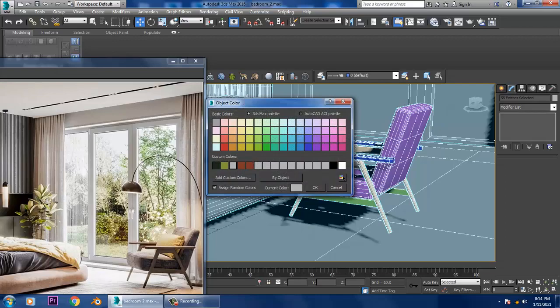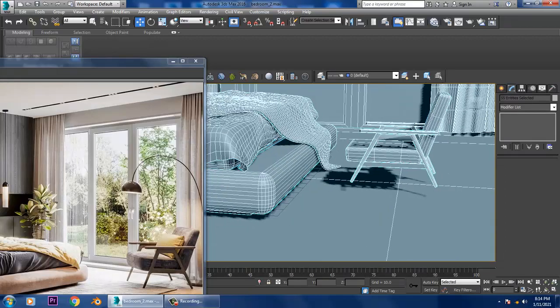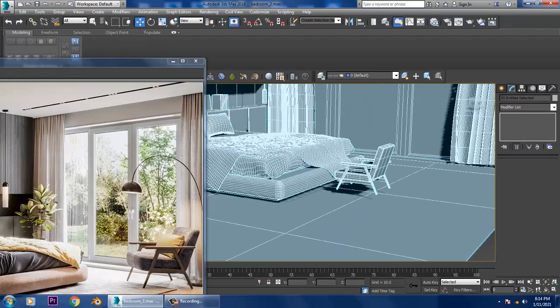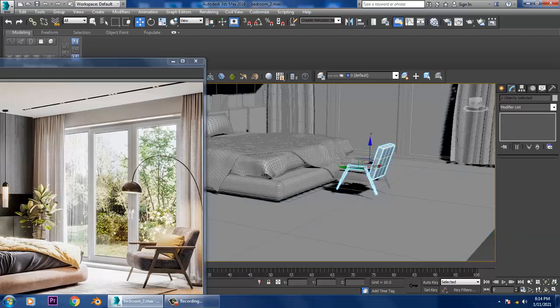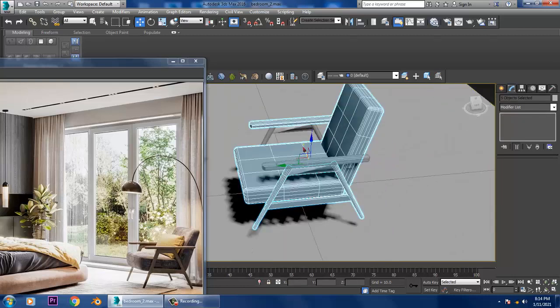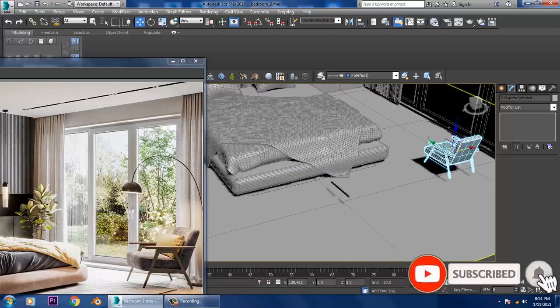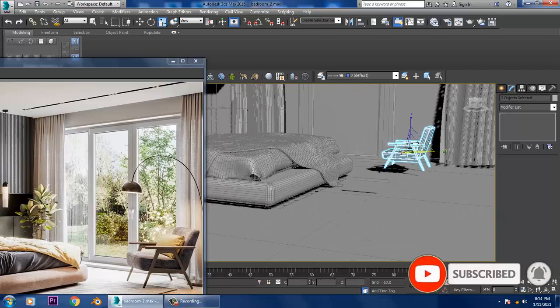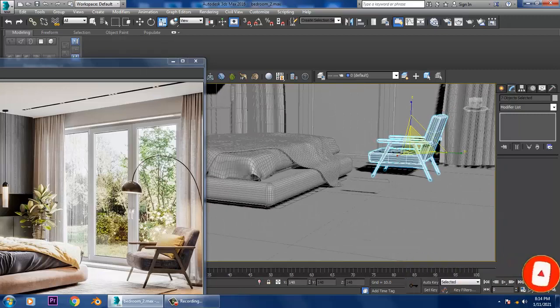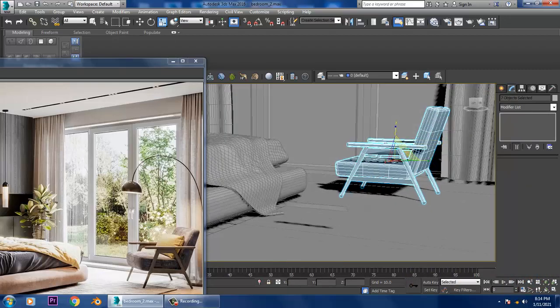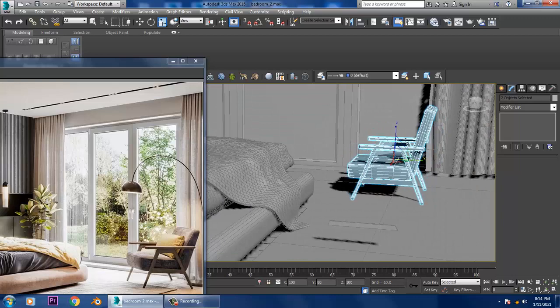So once you're done, we can select this all over here and we can take this, resize it a bit more, scale it.